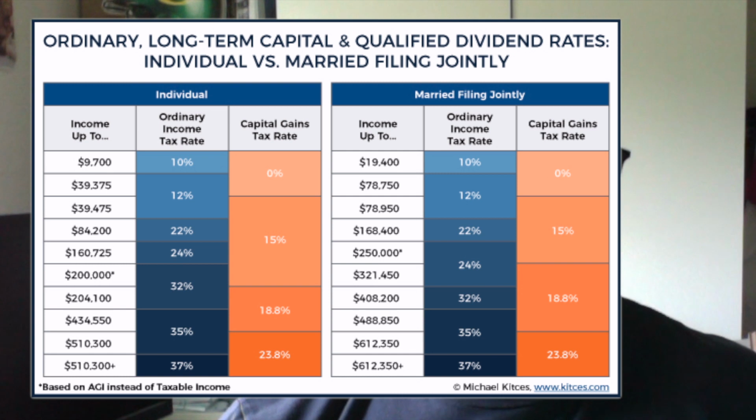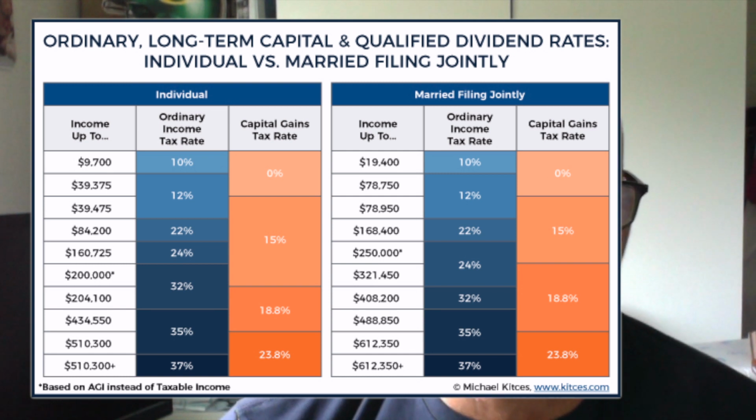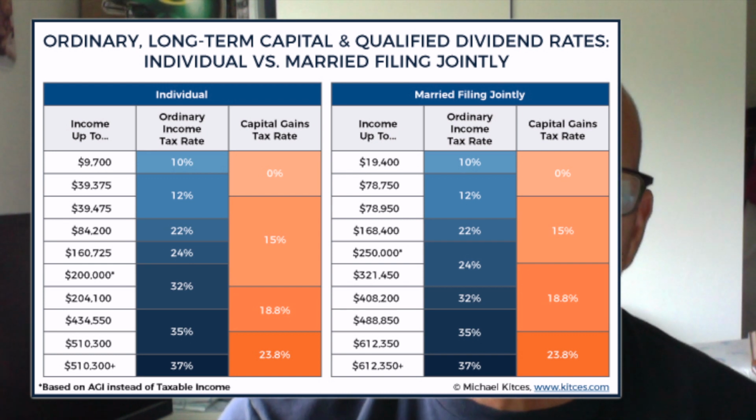And here's a chart with our long-term capital gains rates with the Obamacare tax, or the NIT tax, added in. So you see that over $200,000 for single, that actually gets taxed at 18.8%. And if you get over $434,550 as a single, you would actually pay 23.8%. But that's surely better than 35%.